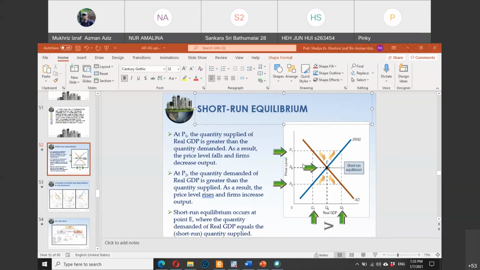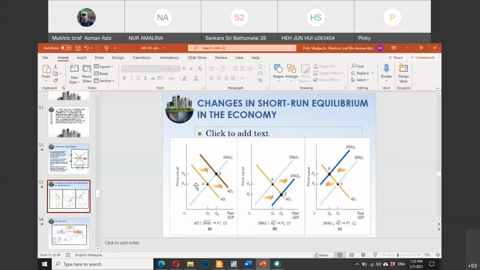Just like the demand and supply that you learned earlier in the semester, when the two curves intersect, we are at equilibrium. But this equilibrium is what we call short run equilibrium, because we are only looking at the upward sloping short run supply curve. So similarly to what you learned before, whenever the aggregate demand curve or the short run aggregate supply curve shifts to the right or to the left, it can cause the GDP to increase or to decrease depending on which graph moves.